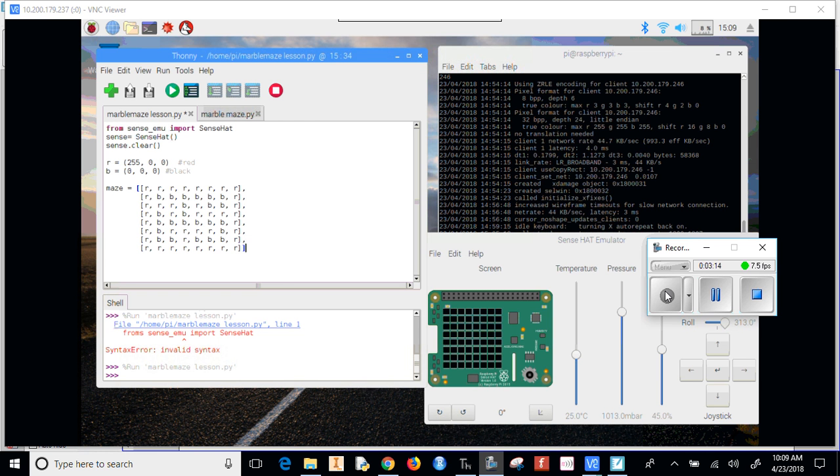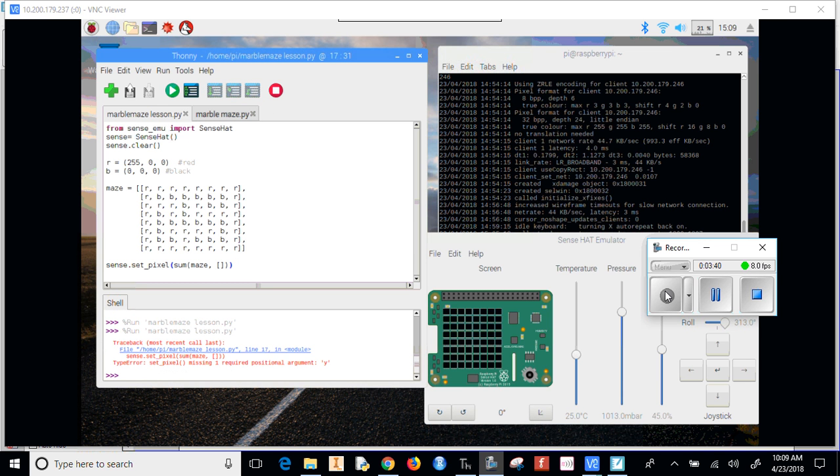Now, since we're using a list of lists, we can't just say sense.set_pixels. We have to say sense.set_pixels, and then we have to say sum of maze, and then open and close brackets. And a couple parentheses in there, and now when we run this, assuming that we don't make an error,